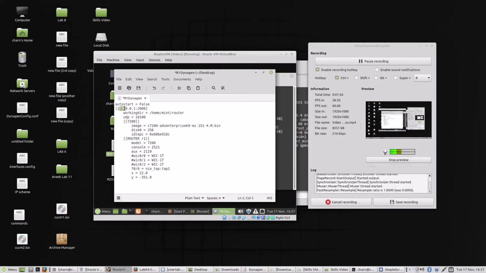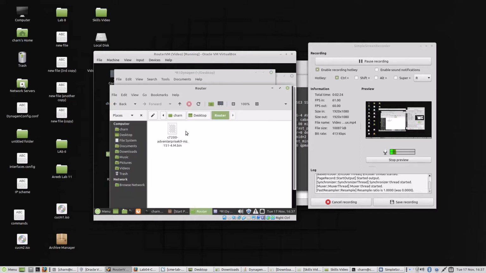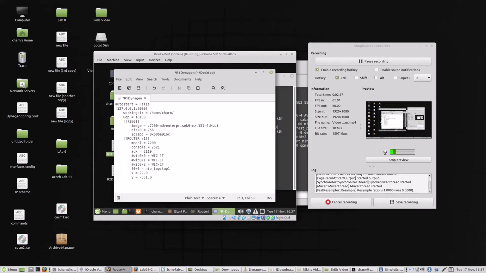And you'll see there's different things, such as the IP up there with the port. That's where the router will be running. You've got the image file that we downloaded, the console number which we will change to console into, and we also got our working directory here. So we just want to change the working directory to that,